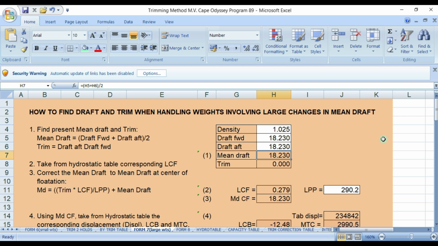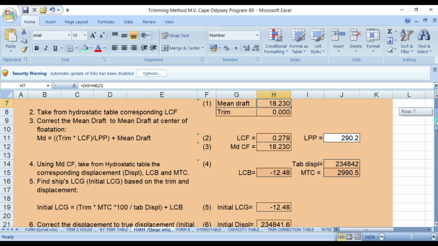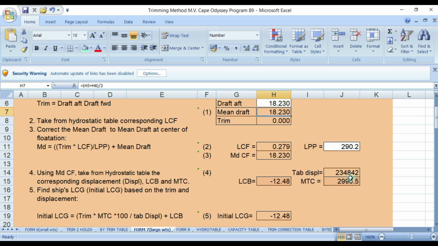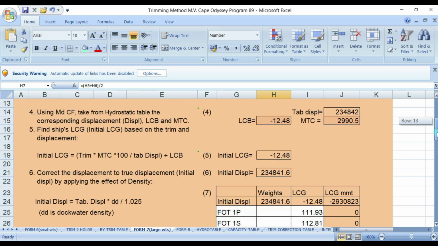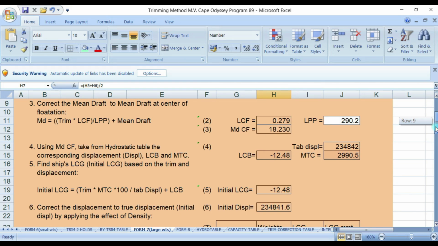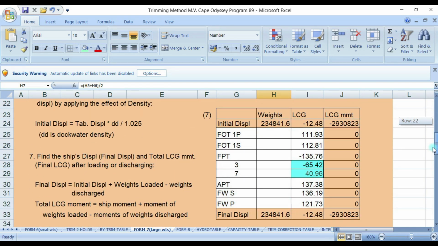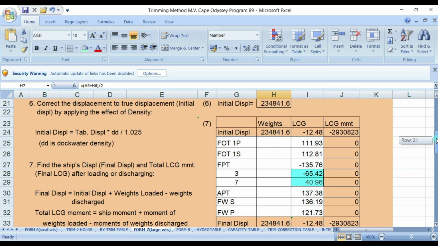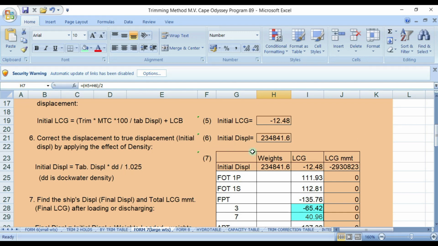The displacement of salt water of 18.23 is 23484.16. Okay, so that is the seawater.